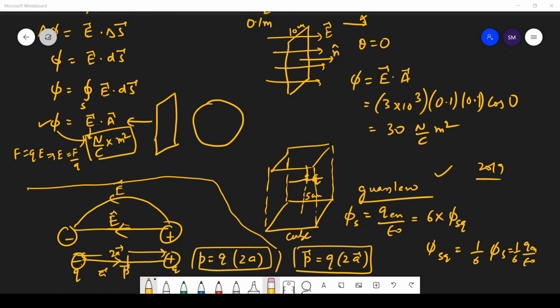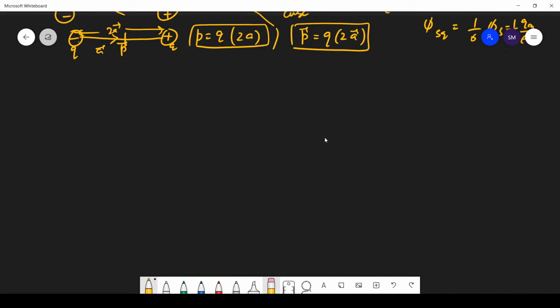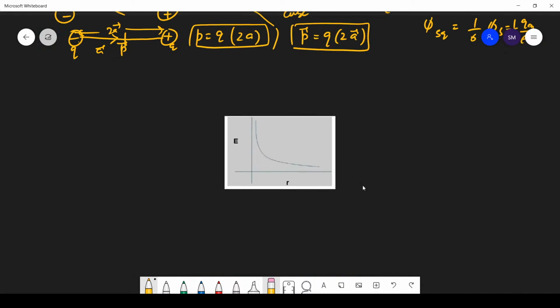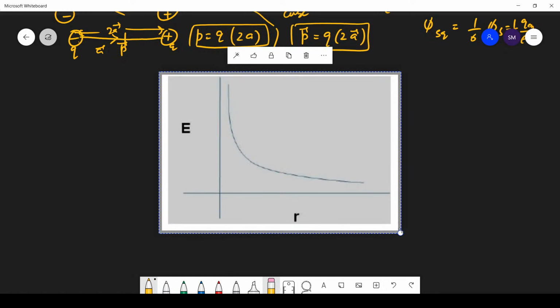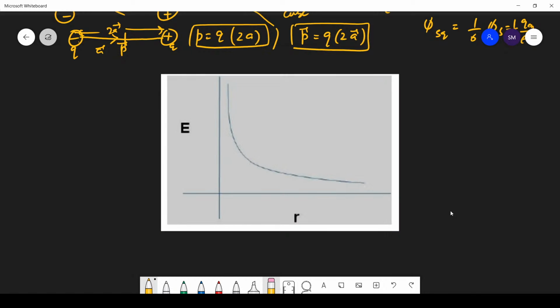So students, in E versus R, you know that the electric field due to the dipole reduces by 1 by r cube. So that will be the graph for the electric field and the distance, because here the electric field is inversely proportional to R cube in case of dipole,